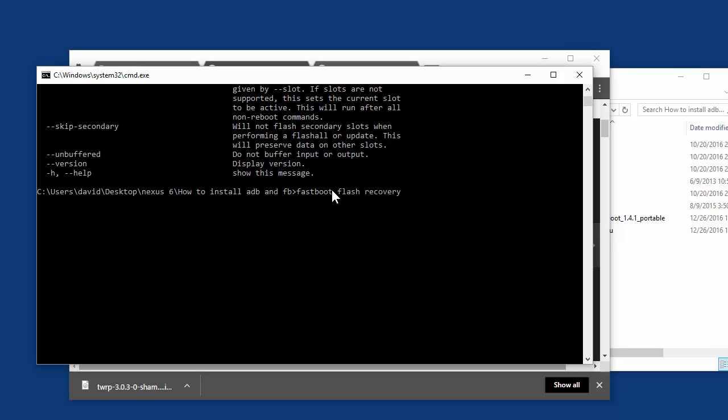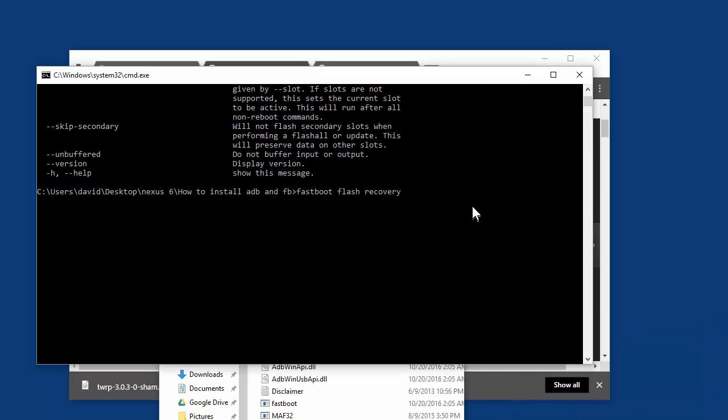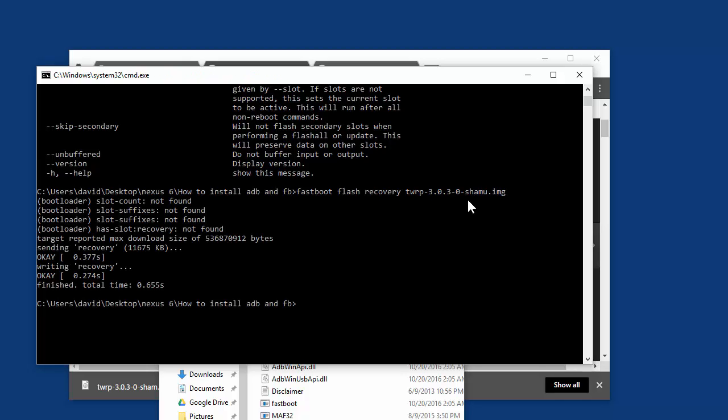So we'll just do fastboot flash recovery. Then we have to type the name of the file in, and that file is TWRP. And I don't know if you can press tab to autocomplete. You can. Okay, so we'll go ahead and press tab to autocomplete, and it says finished. So it did it. Now what we want to do is go back to our phone, and where the Android man is